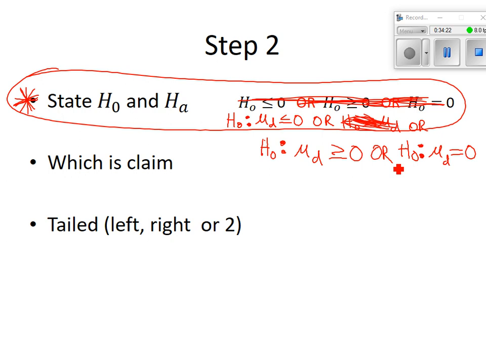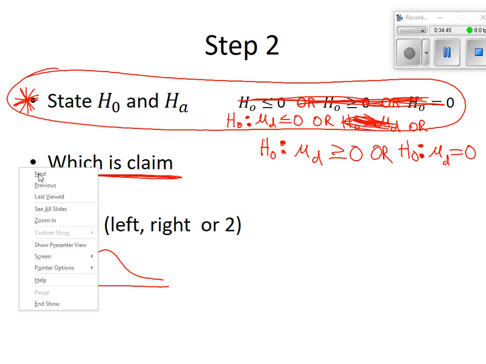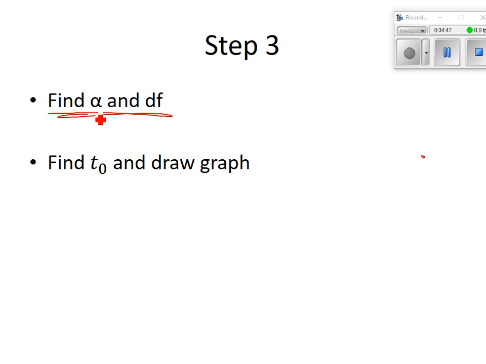Make sure you tell which is the claim. Then these next few steps all go together. You're going to draw your little picture. Decide whether it's left-tailed, right-tailed, or two-tailed, same as before. Then use your alpha and your DF to find your critical value and draw it. So this would be like steps 3, 4, and 5 on everything else we've done. You go to the T-chart,